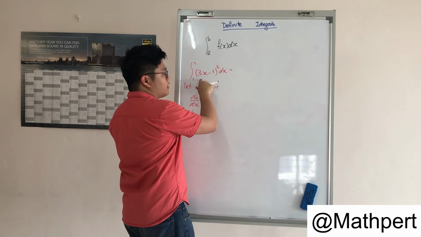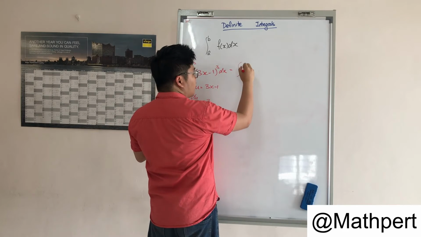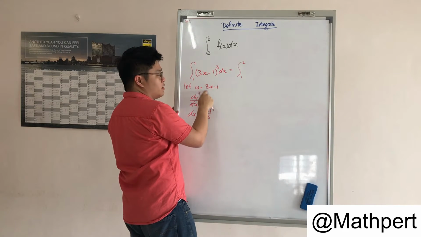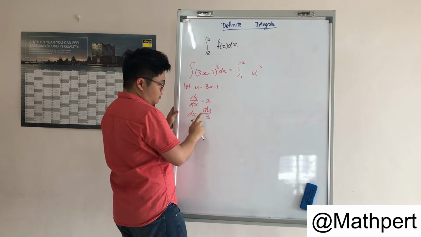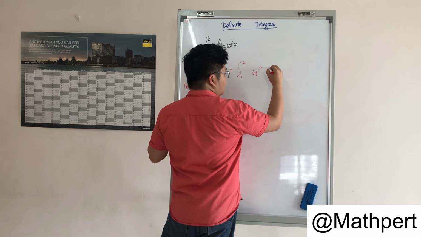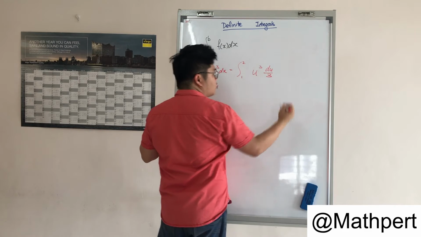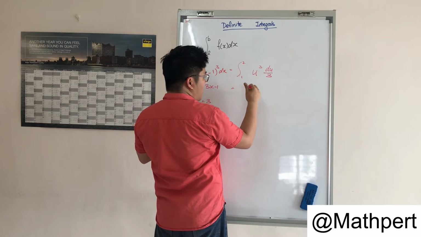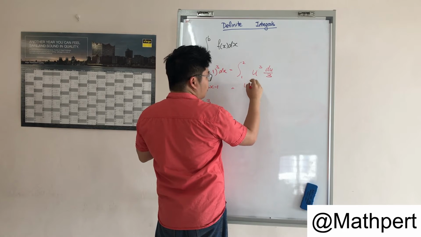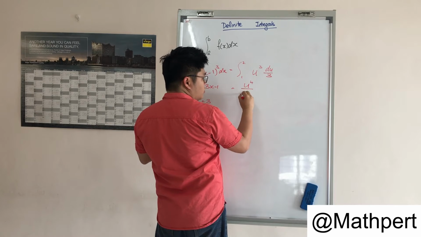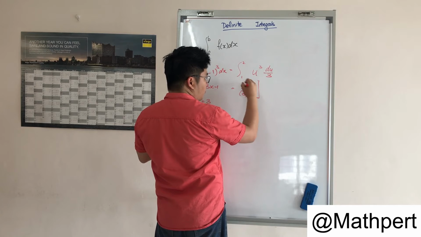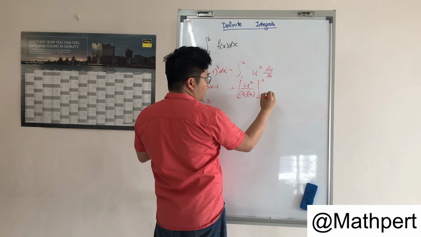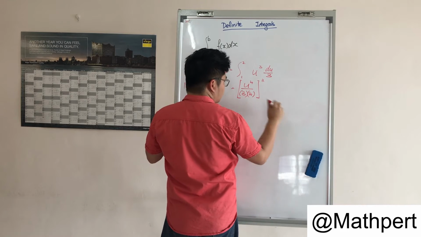Then here we can change it into integrate from 1 to 2. 3x minus 1 is u cubed. dx equals du over 3. So we integrate this one, we get u to the power of 3 plus 1, which is 4, over 3 times 4, evaluated from 2 to 1.